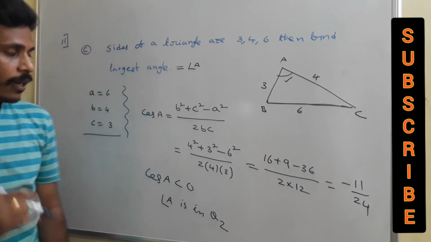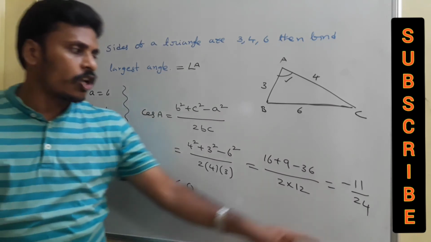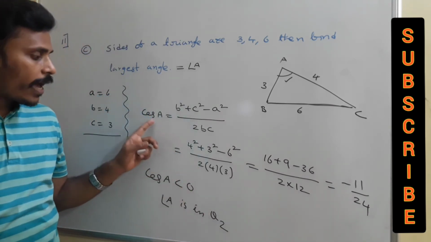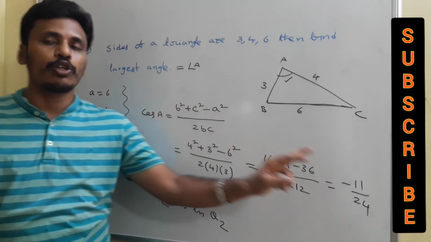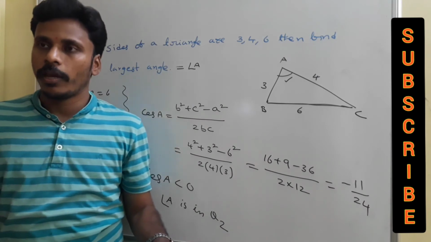one part. And coming to the exact value of the angle, see, this is not a known value, and that's why it is enough to identify that cos A is equal to minus 11 by 24, and it is enough to analyze that angle A is obtuse. Okay, just have a look.